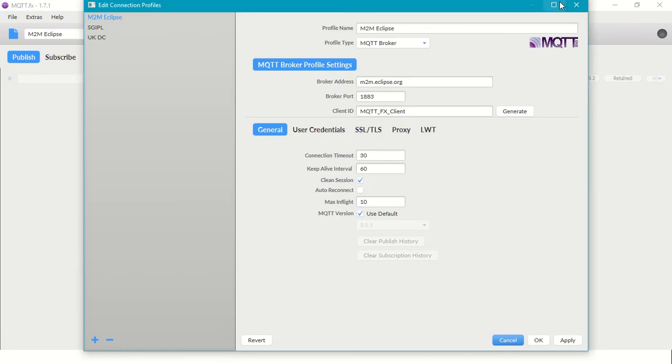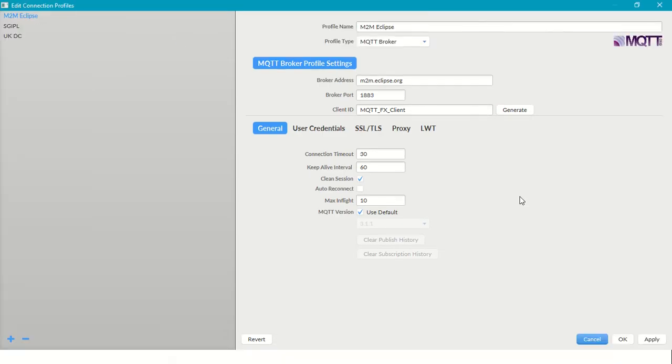Once I click onto the gear icon, it will take me to a pop-up or a full screen. You can maximize it. Here you want to give in your MQTT name. I already have a Mosquitto broker running on my localhost, so I will type localhost. This represents my host and this represents my broker. You can give whatever name you want. And the profile type, of course, is an MQTT broker local instance, not cloud based.